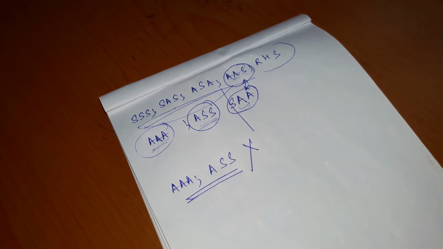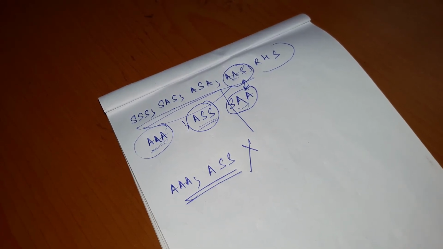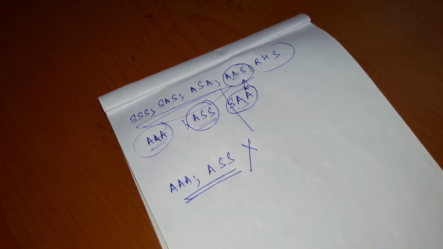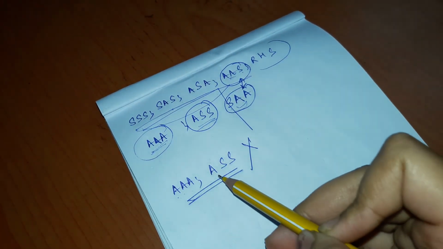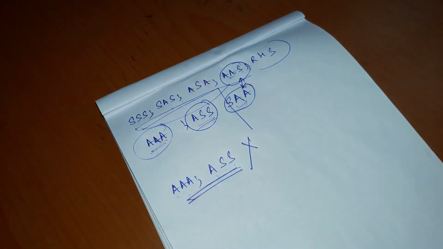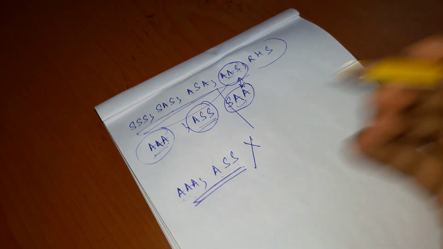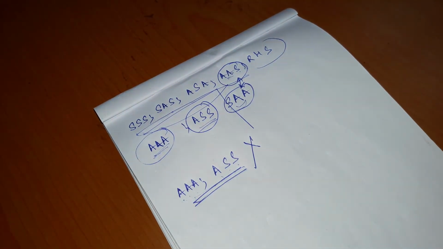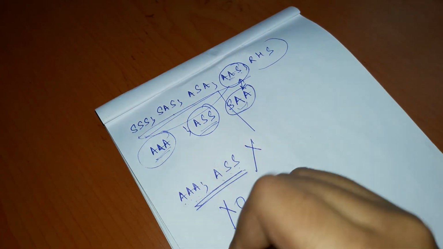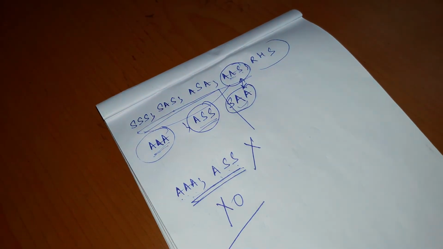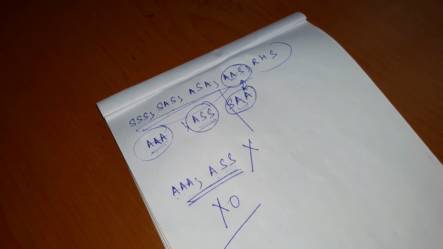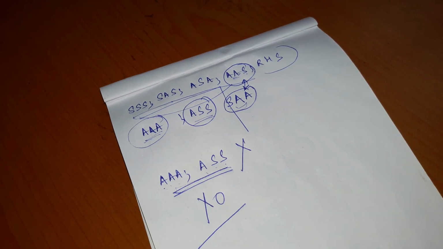Now why do these two congruencies not exist? There is a very special reason for this, and that reason we will discuss in the next video. So please wait for my next video. In the next video we will discuss in detail why these AAA and ASS congruencies are not possible. If you apply these congruencies in any question, in any solution, you will get a big 0, because they are not possible. And that reason we are going to discuss broadly in the next video. So please wait for my next video.